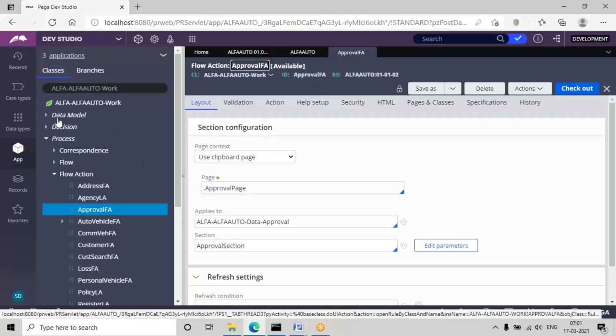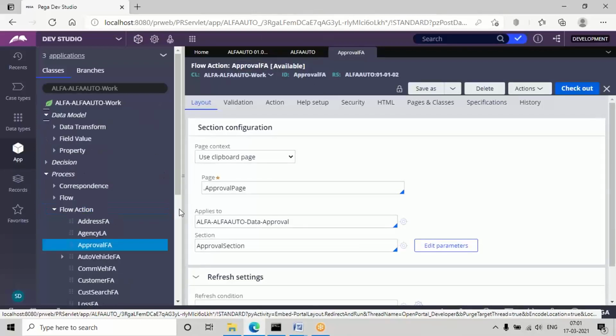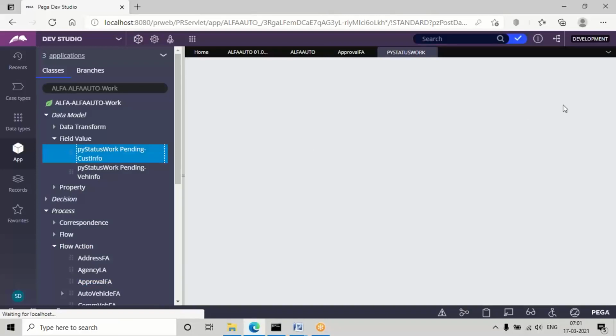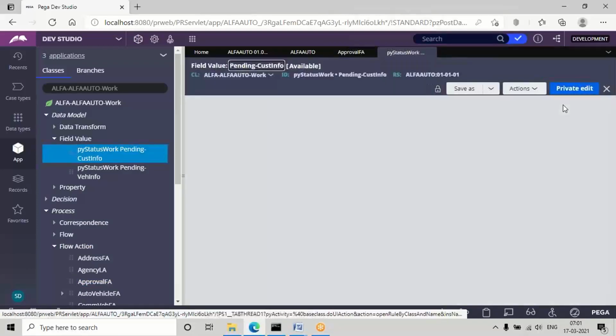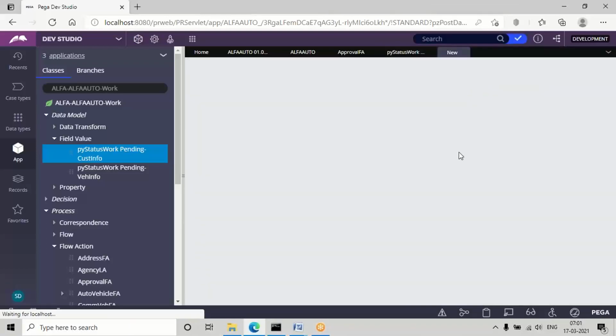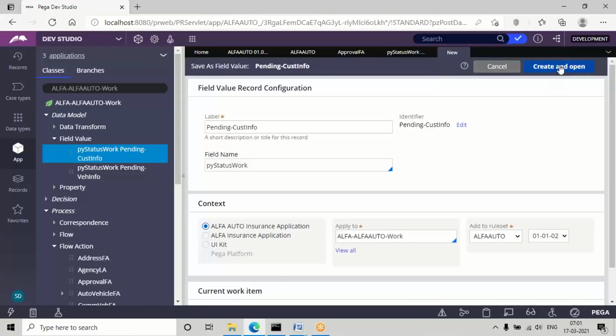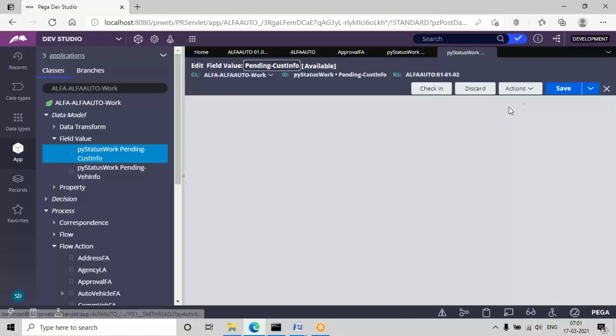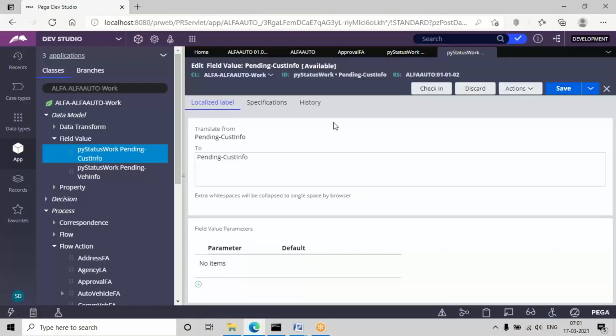Open any rule from any lower version, like in version 1 we have some rules, right? Any rule it can be. Okay, so this is in version 1, so use save as. I'm just saving, but I'm not going to check in this one. Like that, do it for one or two more rules also.